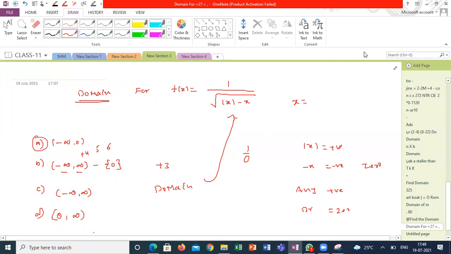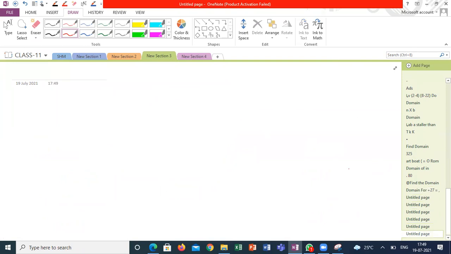Now 2 more questions. Tomorrow we'll start with trigonometry, and this week maybe I will take some extra session, guys. Keep it in mind. x minus 1 into x minus 2 into x minus 3 under the root. Find the domain.